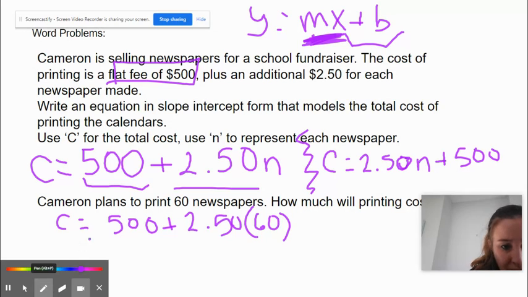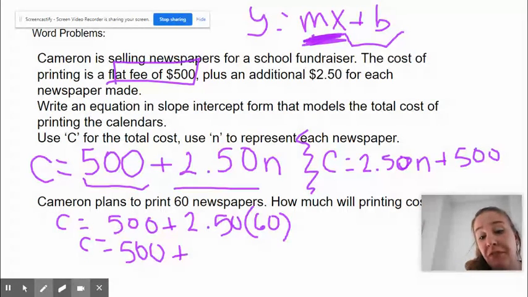Which would mean we have a cost of 500 plus, now $2.50 times 60 newspapers would be $150. So for the 60 newspapers, it's $150, but plus that $500 flat fee, meaning your total cost